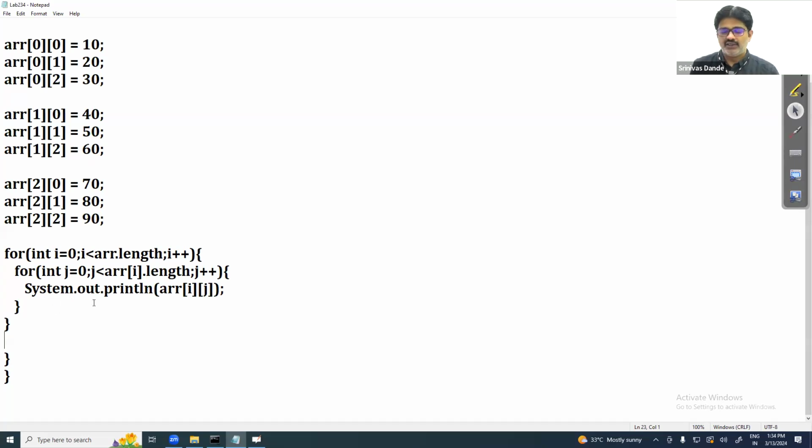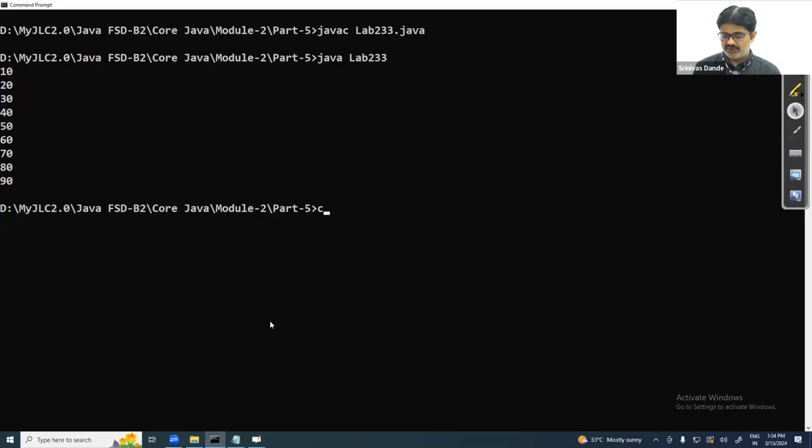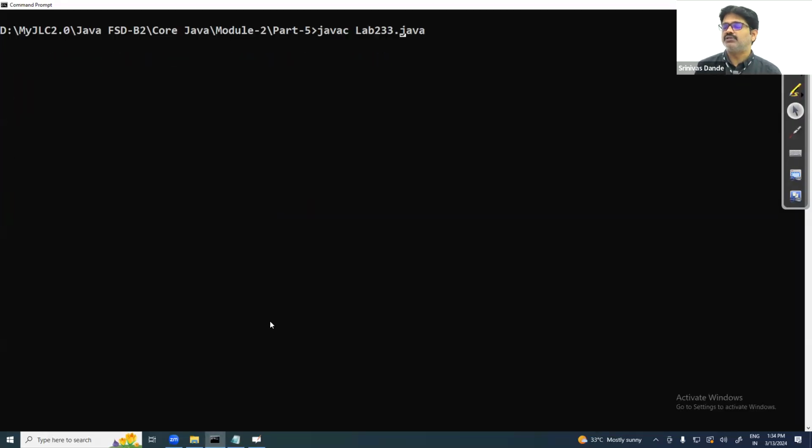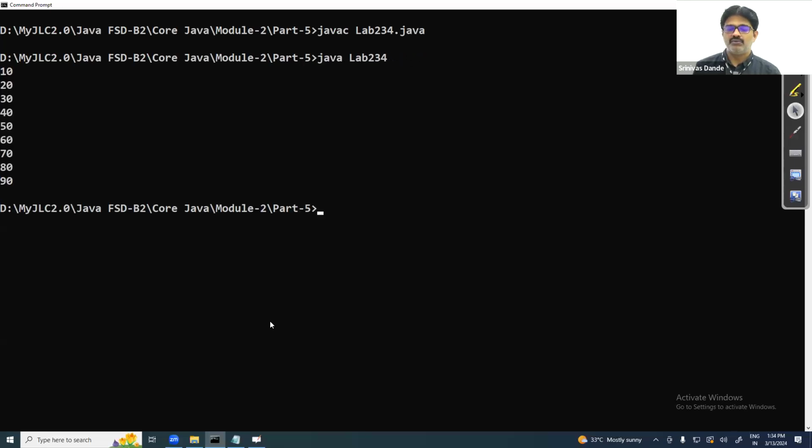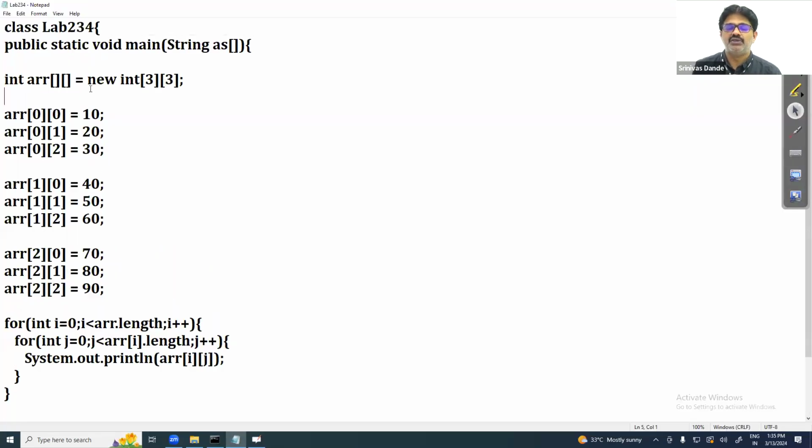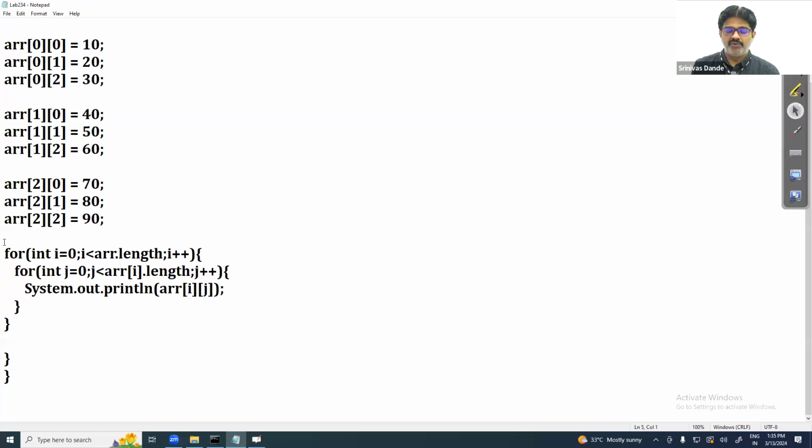I think let me stop this session here. It's also printing like this, but further we'll study more on this. 2-dimensional array printing. We'll see some more labs on 2-dimensional arrays, some more concepts in the next session,